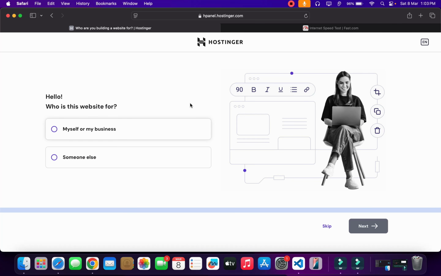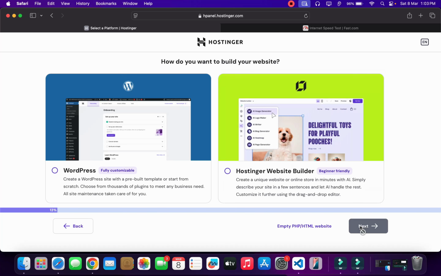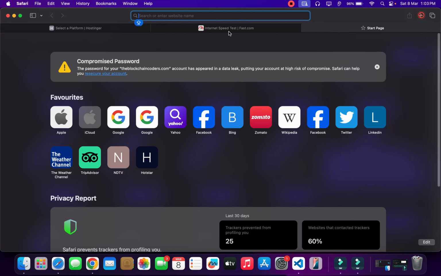After completing payment, I'm redirected here. So you can simply select my or my business, and you can simply click on next, and it will ask you a couple of things, like how you want to create: migrate a website, grant as a developer to do for me, or you can simply go to this instance. Here it will ask you to pick different providers, like you want to use hosting or a website builder, or you can do anything. So what I will do, I'll simply come back here and I'm going to open a new tab, because once you do that you can simply come back here to Hostinger,